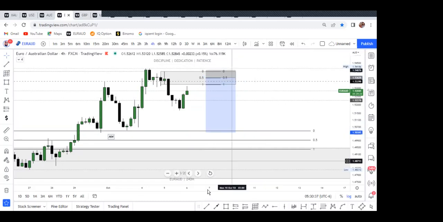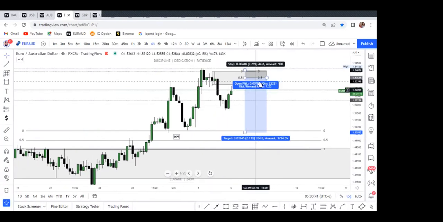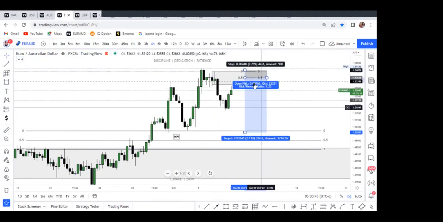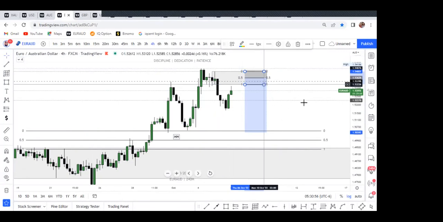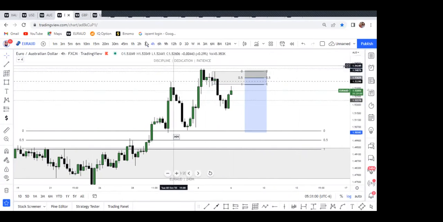But you see on the 9 hour, it's already reacting off the 9 hour. And remember, 9 hour is stronger than 6 hour. 6 hour is stronger than 4 hour. 4 hour is stronger than what? 2 hour. In as much as a 4 hour order block is stronger than a 2 hour order block, a 9 hour order block is stronger than a 4 hour order block.